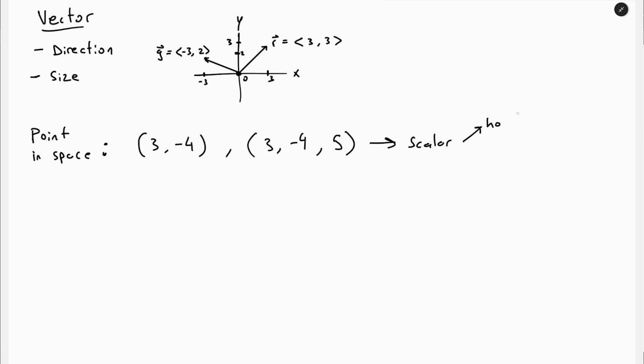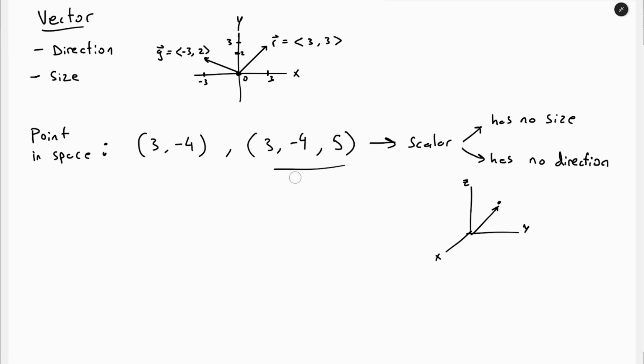It has no size. This is just a point in space and has no direction. I mean, you could imagine something pointing in three dimensions to this point and say this is maybe like a vector, but that's actually not a vector, but a point in space. But now, a vector in space,